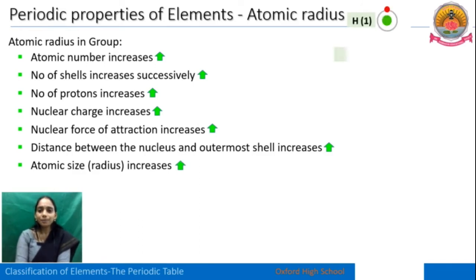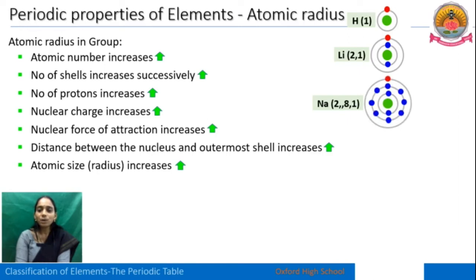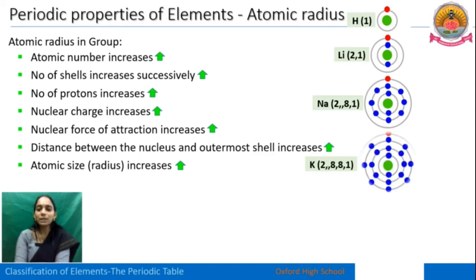See here, the first A group from hydrogen to francium we have taken. For hydrogen, 1 electron and 1 shell is there, whereas lithium has 2 shells, 3 electrons and 3 protons. The next one, sodium. We know that 11 electrons and 11 protons are arranged in 3 shells. Potassium, 4 shells. Rubidium,